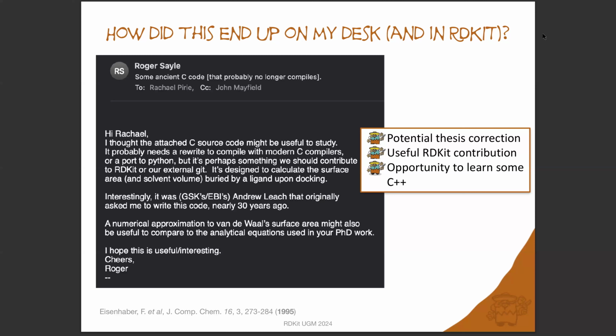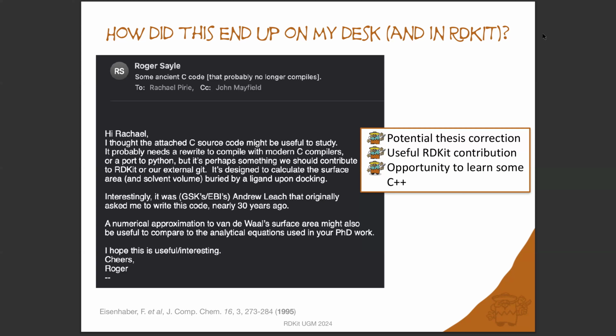So once I got to NextMove and Roger got his hands on my thesis, there were some grumblings about the way that my mathematician supervisor had defined the surface area of a molecule. So he very kindly shared the code with me as a potential correction to the way that we had done this in my thesis. He also thought that it might make a useful contribution to the RDKit, because as far